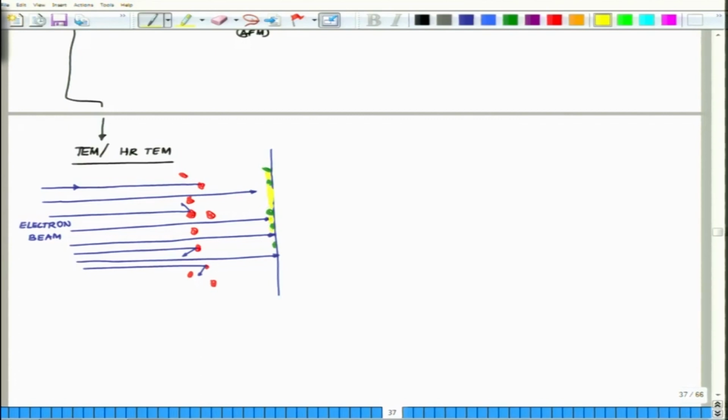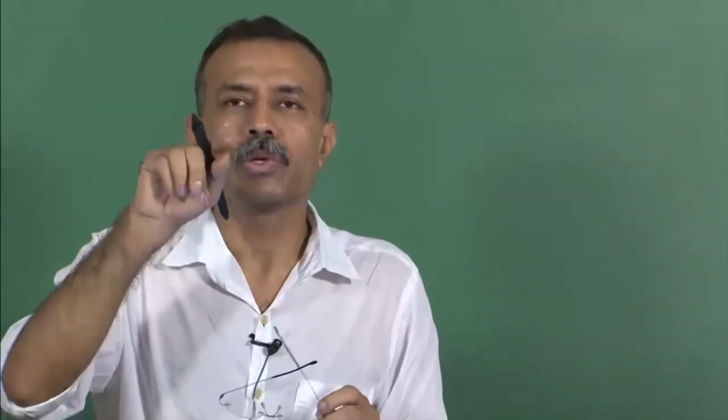So, based on this, you should be able to figure out. So, you are having the particles, now I am showing in orange. Then you can see the dimension of the particle, and this is how the electron is getting transmitted, and this is what we call transmission electron microscopy. So, you are allowing the electron to pass through those